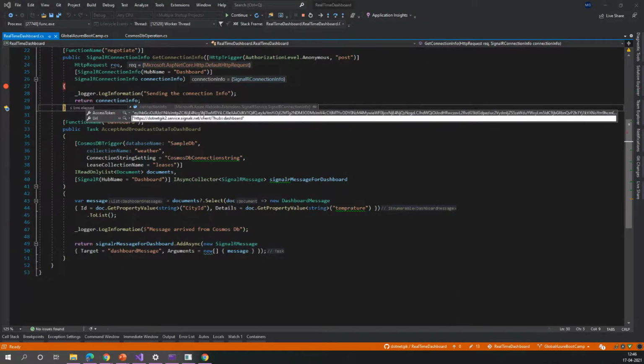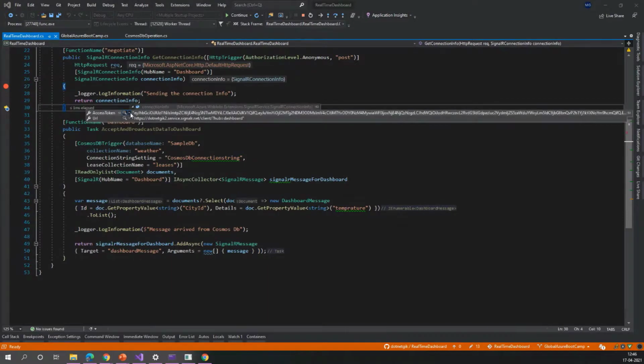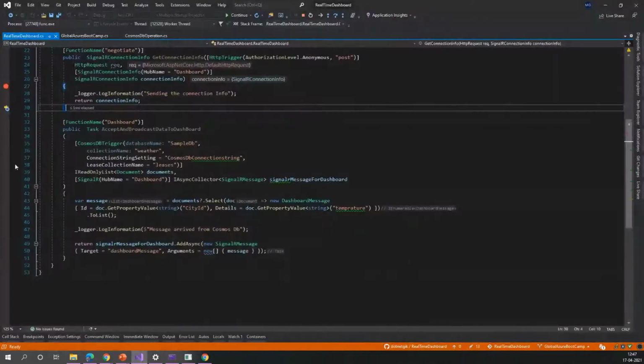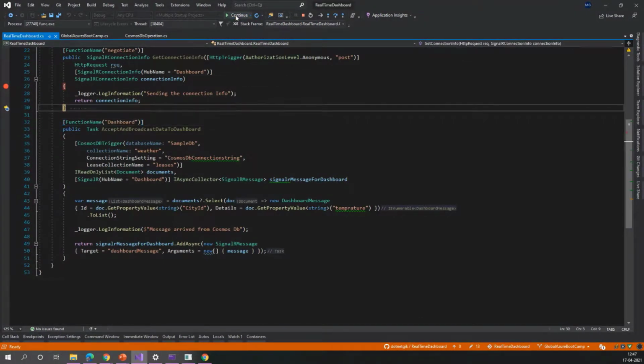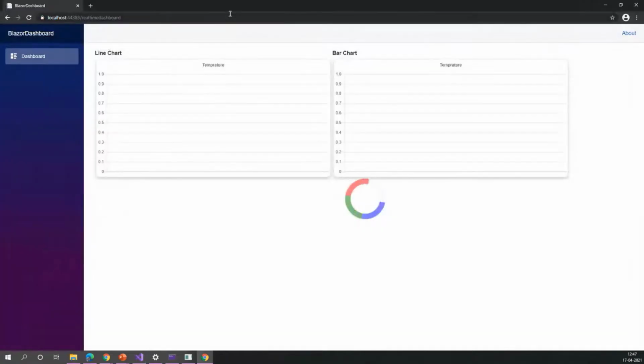Here we have the URL for the dashboard hub, which we have created over here, and we have the access token to access this hub as well. So we have the access token, the connection info, and the URL. Now we can use this to show the data.